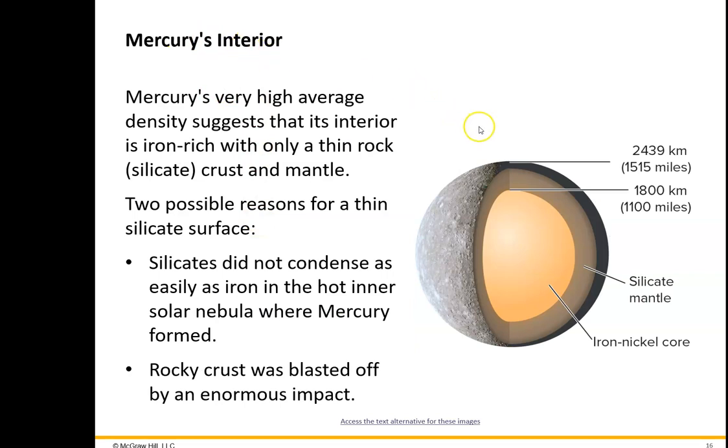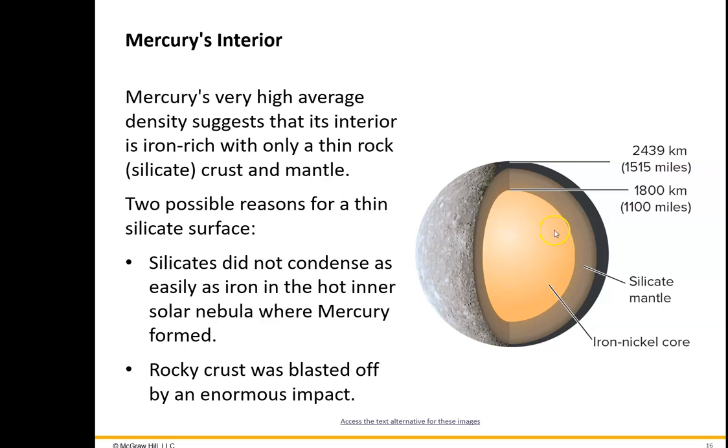Right here, this is Mercury's interior. So of course it has a thin crust. It has a mantle, and it has a surprisingly large core made of iron and nickel. Why do we know that it's made of iron and nickel? Well,